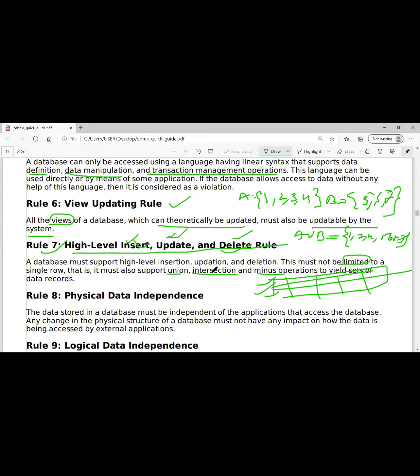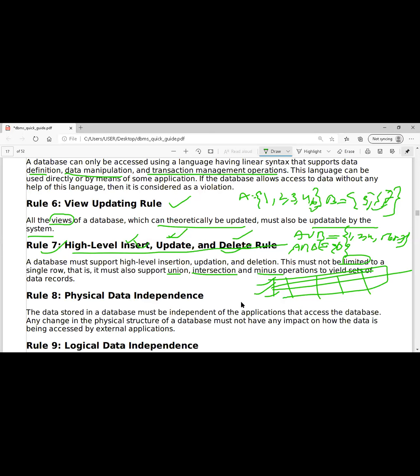Okay. When I say intersection, what is intersection? Already we have seen the concept in mathematics that intersection is whatever matches in both the things. So here I have an empty set. Why do we call this an empty set? Because if you say intersection, neither in this nor in this is any data reflected. Suppose I have 1, 2, 4 and 6 here, and 6 is there here too, then A intersection B is 6. That means 6 is there here and 6 is there here also. That means the intersection is 6.